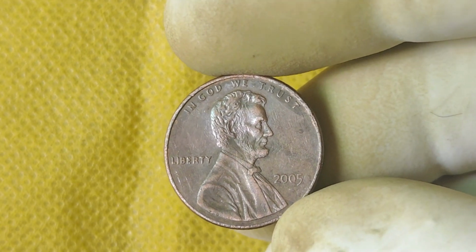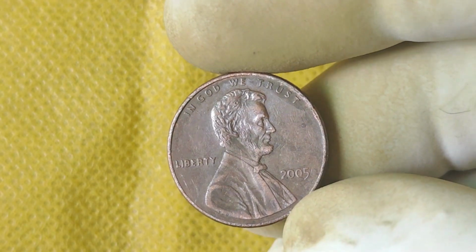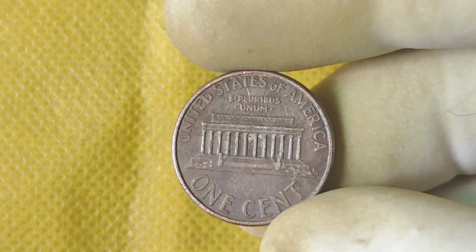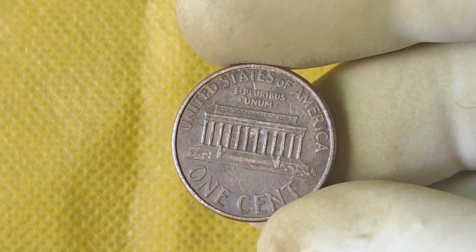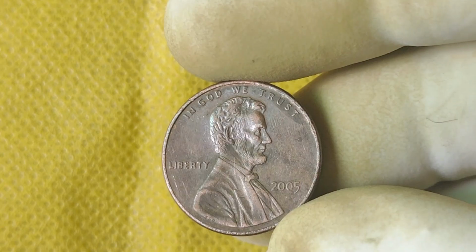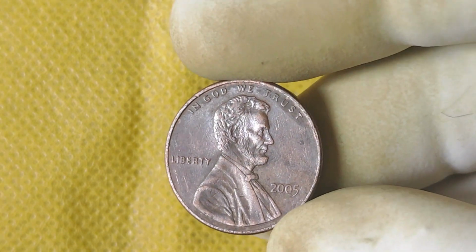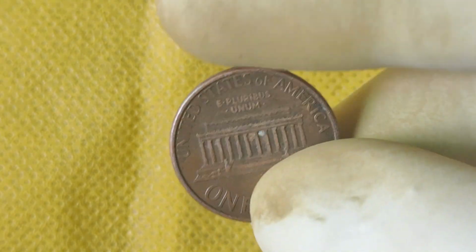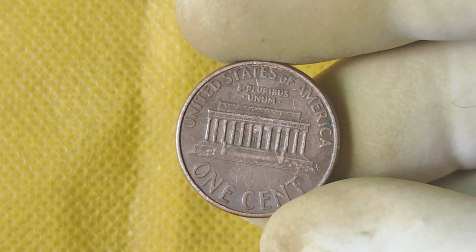These were part of a year-long celebration that saw multiple designs showcasing important moments from Lincoln's life and legacy, including the Lincoln Memorial on the reverse and the newer versions marking the bicentennial of his birth. The most notable coins from this series are the 2005 pennies that include the birthplace design, which depicted a log cabin symbolizing Lincoln's humble beginnings, and the formative years design, which shows a scene of Lincoln's life as a young man in Indiana. But while all 2005 pennies were made to celebrate this important milestone, some are more rare and